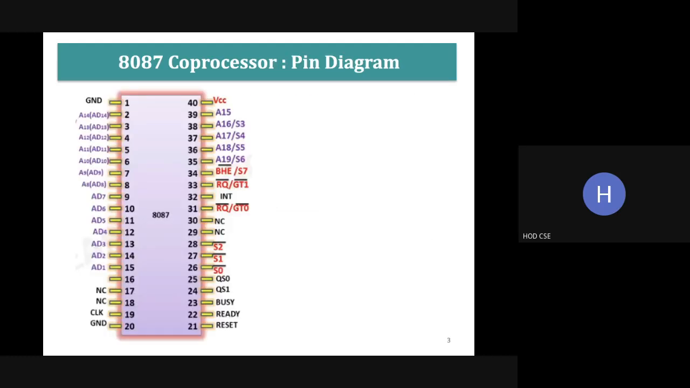So this is a pin diagram of 8087. Almost all the pins are the same as the 86 processor. We have the ground pins 1 and 20, and we have the address lines AD0 to AD14, and NC means no connection. The 19th pin is used to give the clock input, and the 21st pin is used as a reset signal, which is used to reset the processor. The 22nd pin is the ready signal, and next is the busy signal, which is connected to the 23rd pin,